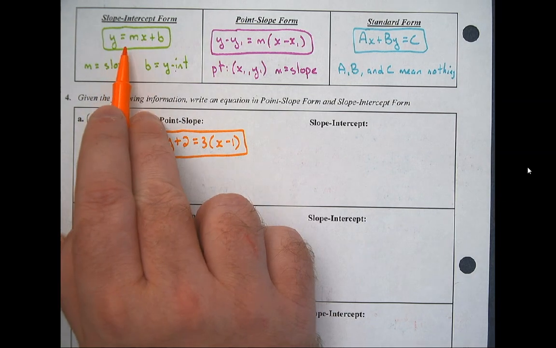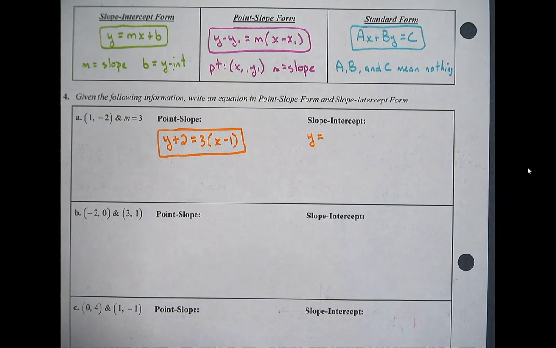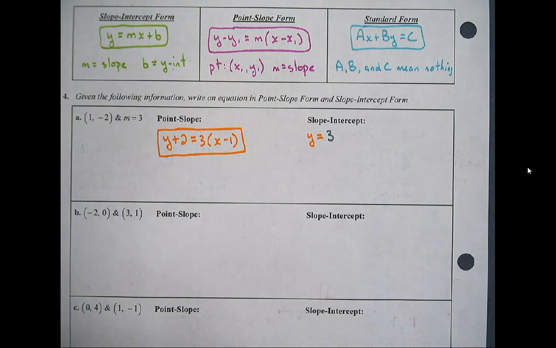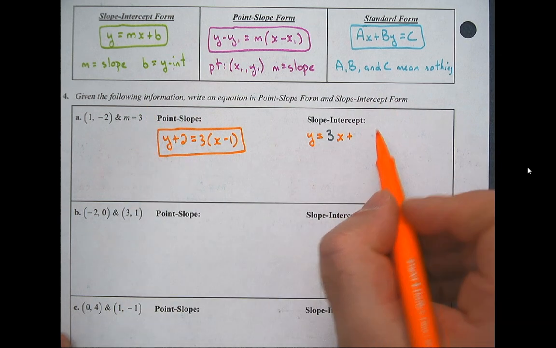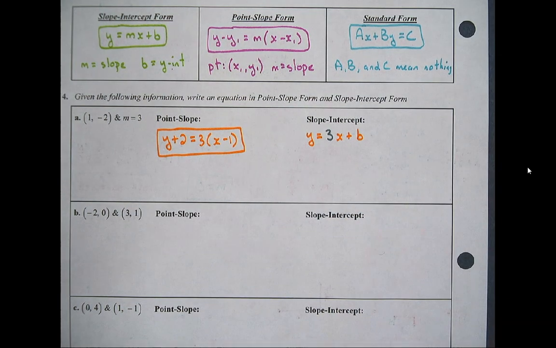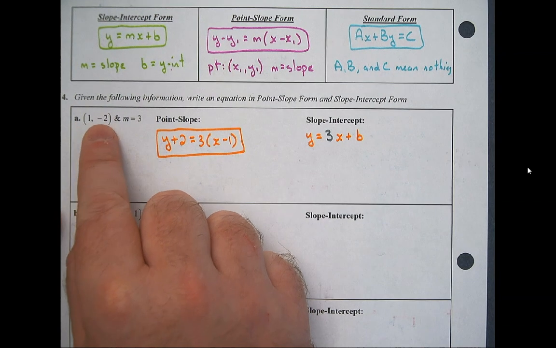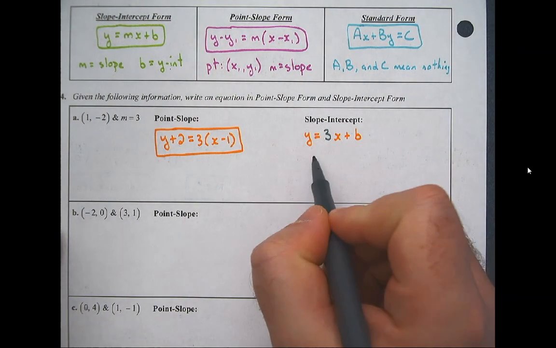Do we know the slope? Yes. So I'm going to start off with y equals, my slope is 3, x plus, do we know the y-intercept? Not this time. So now we need to figure out what the y-intercept is. So they gave us an extra hint though. This is still x and this is y, so I can put x and y in there. So now y is negative 2